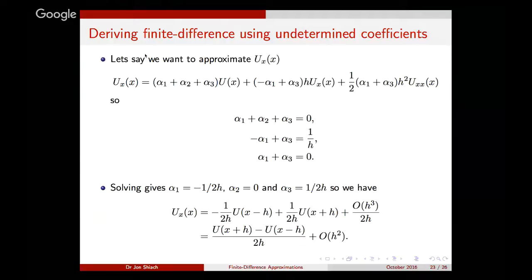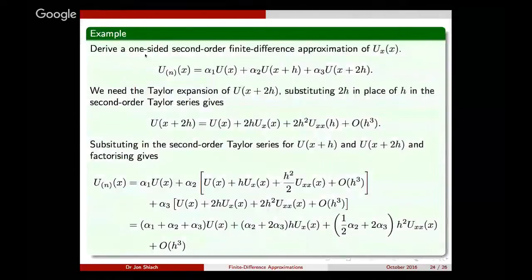So I've derived the central difference formula using undetermined coefficients. It's the same one as I derived earlier in a rather easier way, but I just wanted to show you the example. Okay, well, if the earlier derivation was easier, why would I use undetermined coefficients? Well, sometimes,